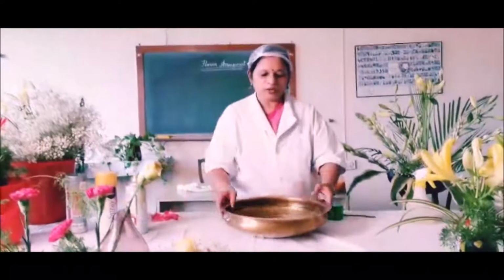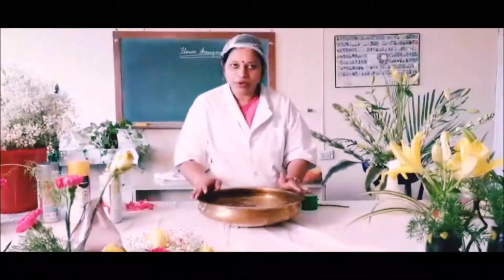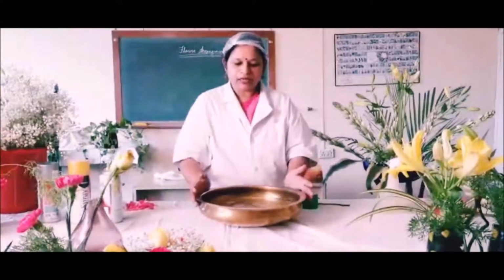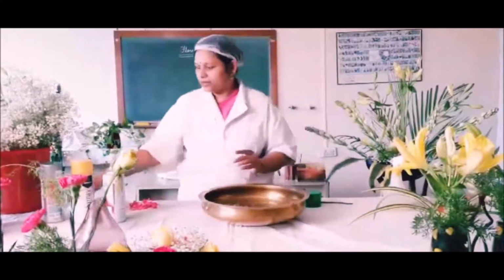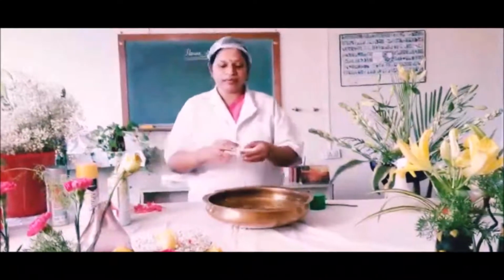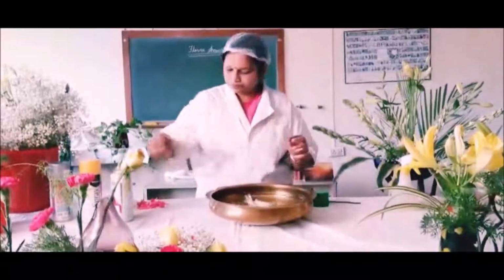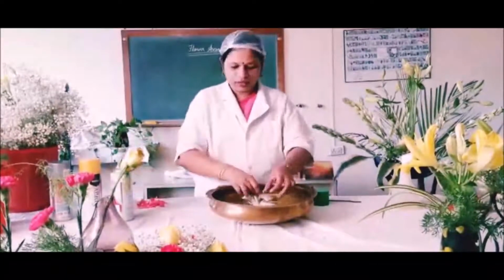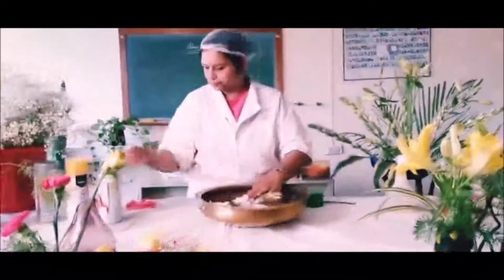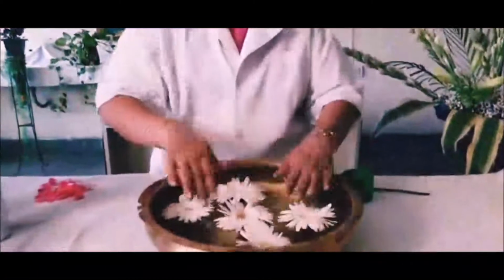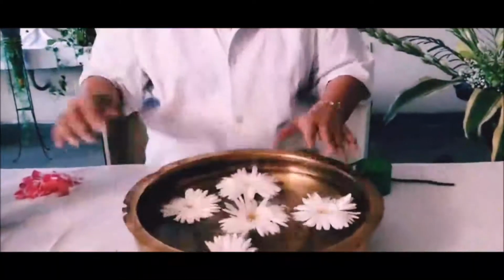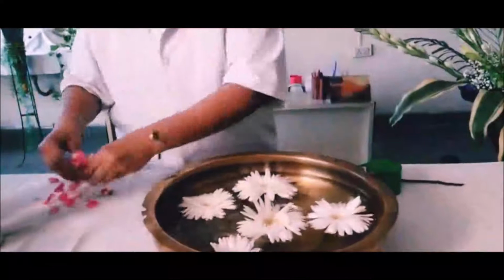Now, there is also a traditional way of making a flower arrangement called making an urli. This is a flat brass container filled with water, and I have taken a gerbera which I showed you previously. I just removed the stem of it and am placing it in the water in a nice manner. Just 5 flowers, one in the center, 4 on either side,